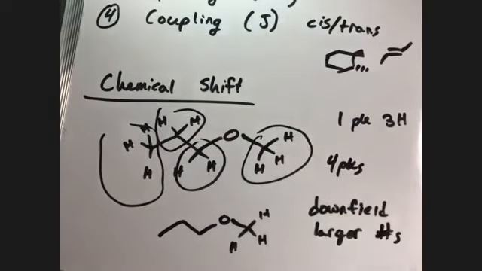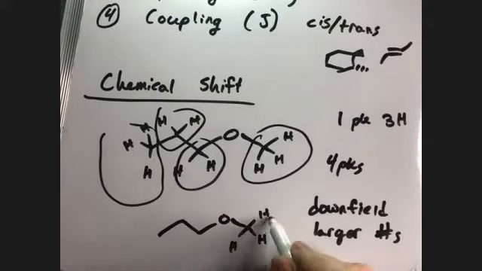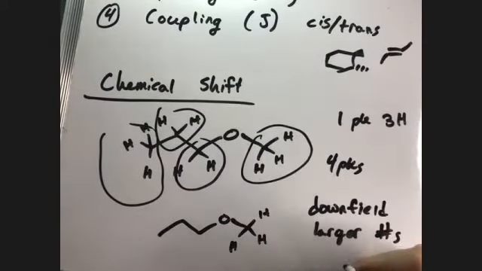Right. So let me re-explain that step by step. These hydrogens that are bound to an electronegative atom like oxygen will be shifted to larger numbers, which is by convention called downfield, which is confusing, which is why I messed it up. If you think about going to larger numbers, your intuition should just say that's upfield, but that's just not the convention that chemists use. If it's shifting to higher numbers, then it's called downfield. So these hydrogens are going to be larger chemical shift